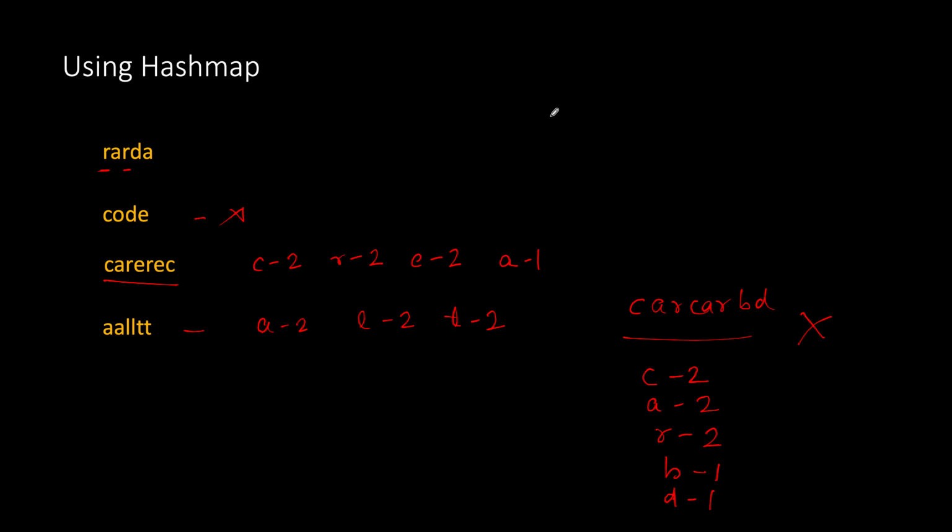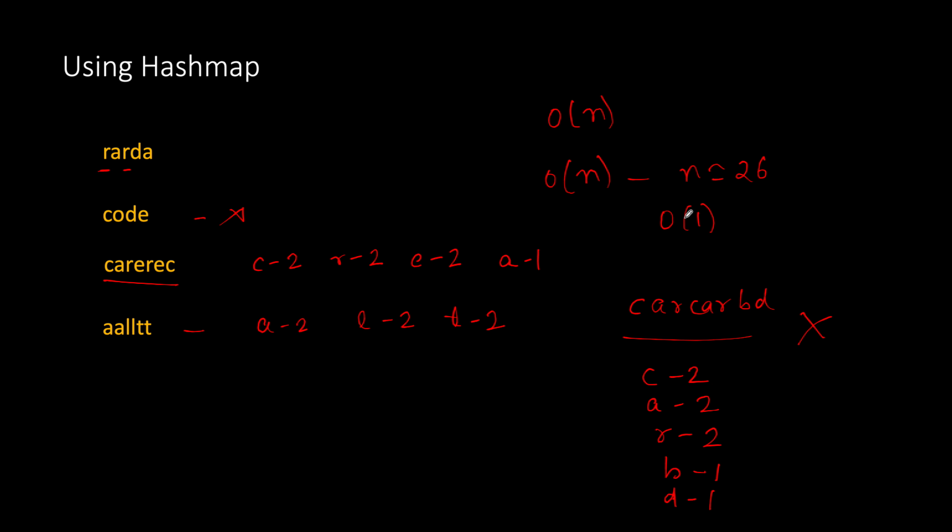The time complexity of this solution would be order of n because we iterate through the string to form a hash map, and the space complexity would also be order of n because we are creating a hash map to maintain the frequency of the characters. But since here all the letters are lowercase, this n would be at max 26, and hence the space complexity would be order of 1.